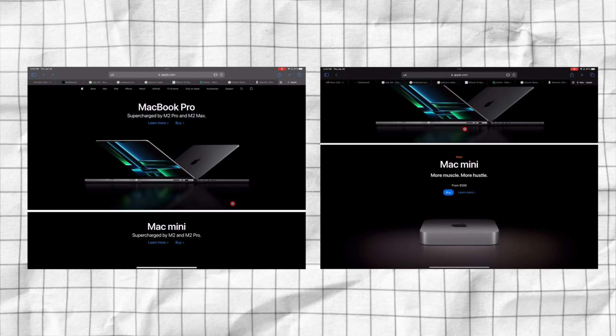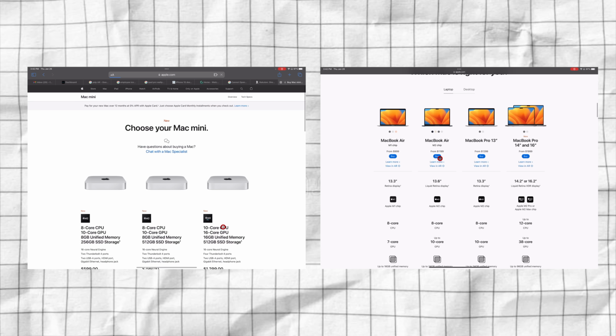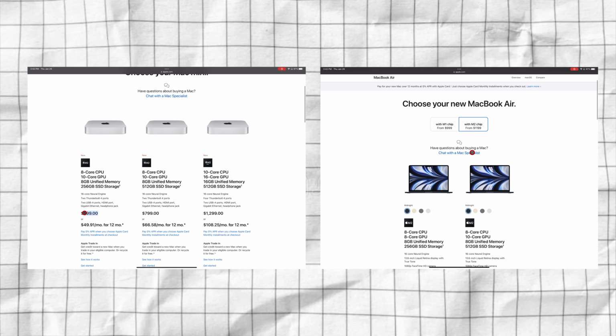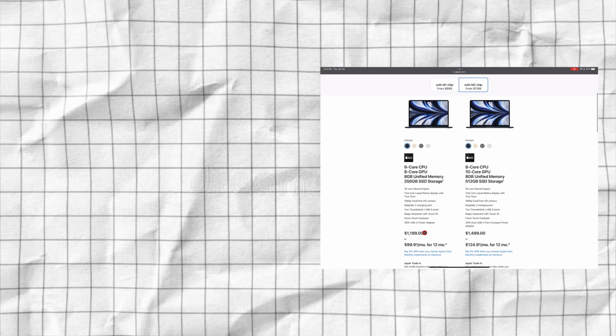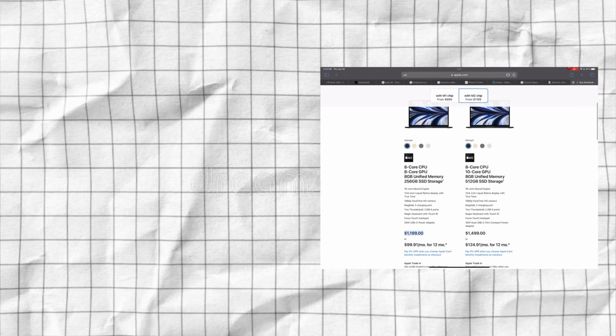But for everybody else, the retail price is $599 for the M2 Mac Mini and then also $1199 for the M2 MacBook Air. So it is a $600 difference. So you are paying twice as much to go with the M2 MacBook Air versus the M2 Mac Mini, going from $600 to $1,200. Now let's quickly get into the specs and talk about what you're getting internally for that